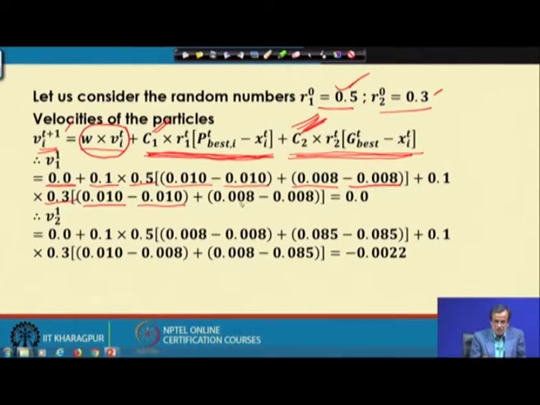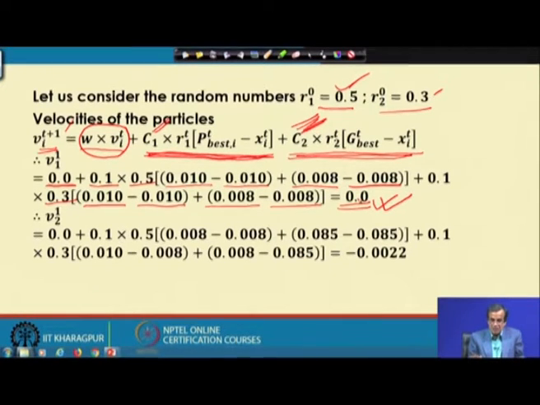Then comes 0.008, which is nothing but the global best corresponding to h. Now, 0.008 is nothing but the numerical value of h corresponding to the first particle, and if we just calculate, ultimately I will be getting 0.0. That means the updated velocity of the first particle at the next iteration is equal to 0.0.